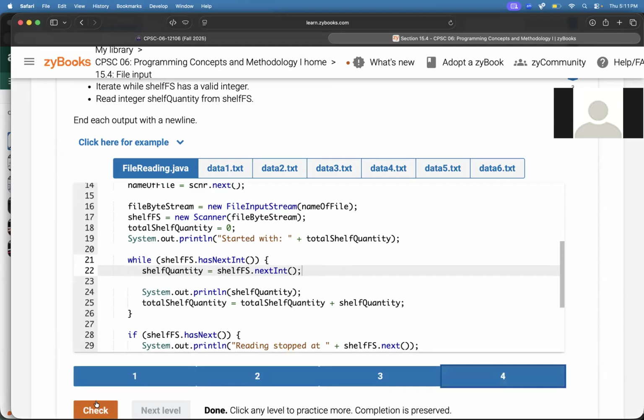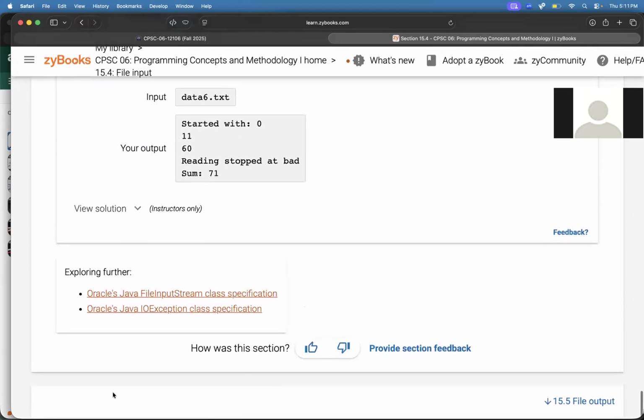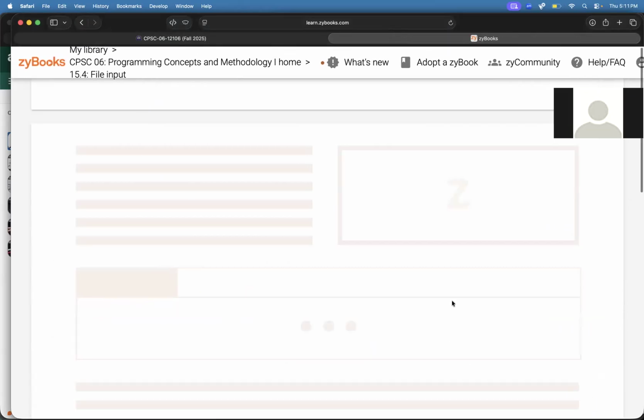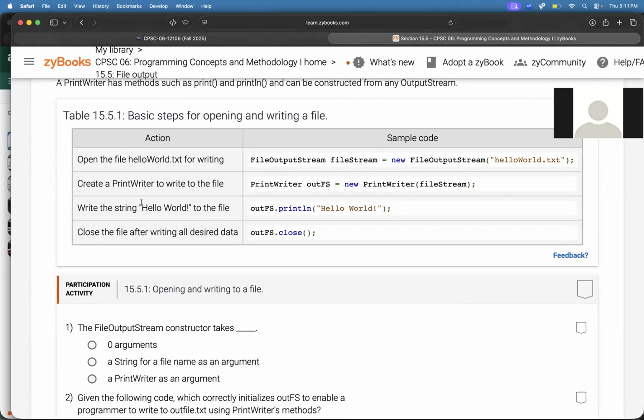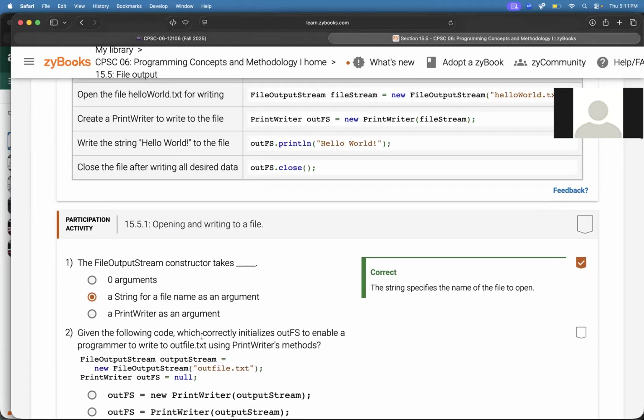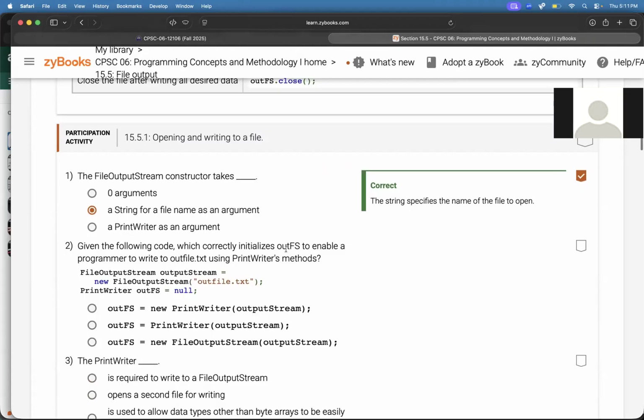All right. And then file output, which we also covered in the lab and the lecture slides. So you can go through these. You can read file output stream constructor, here's the constructor. It takes a file name, a string for the file name. Given the following code, which correctly initializes outfs to enable a programmer to write to an output